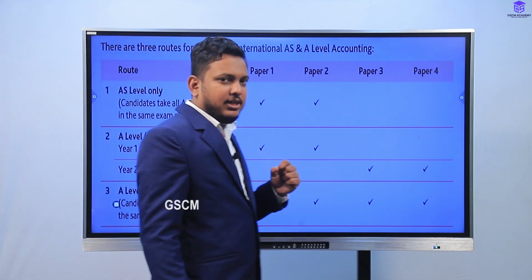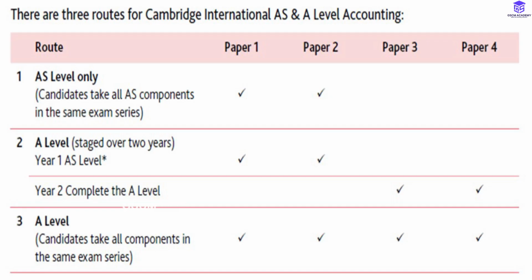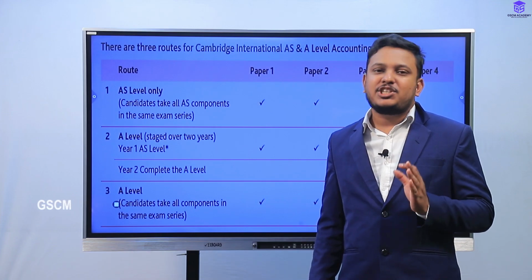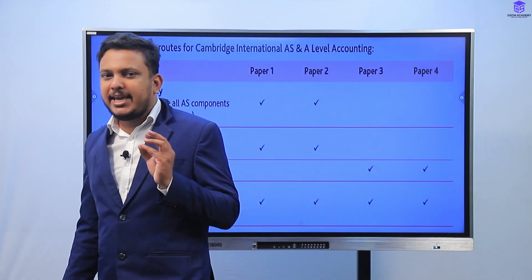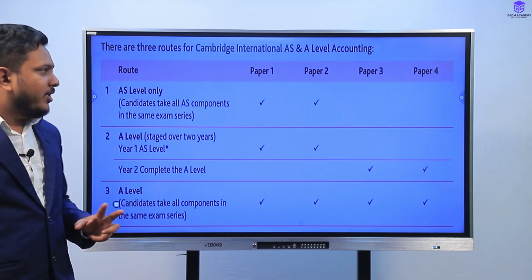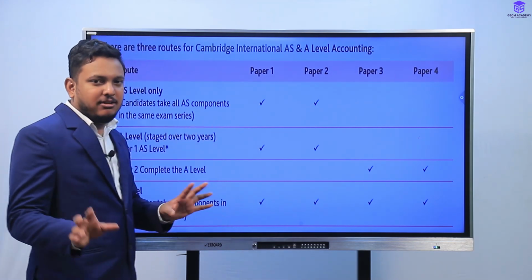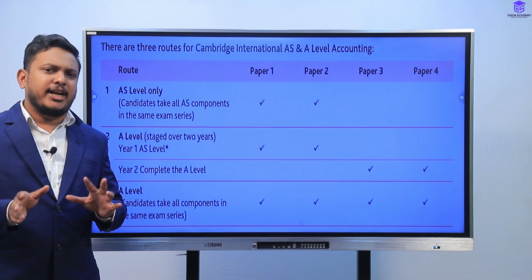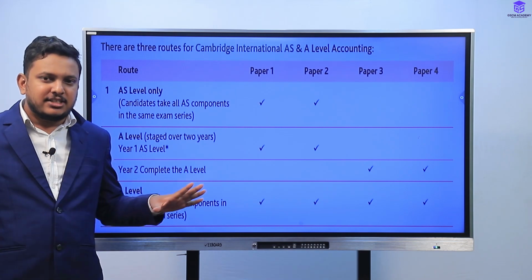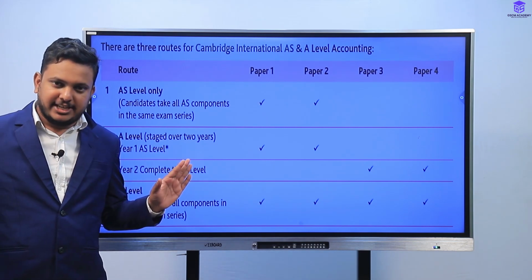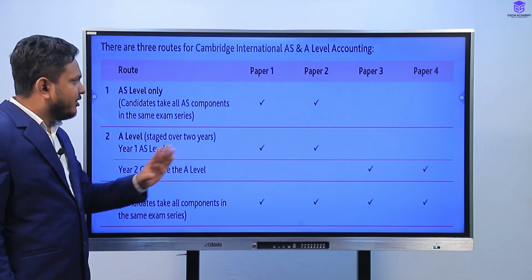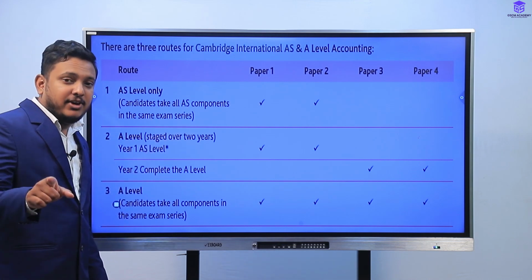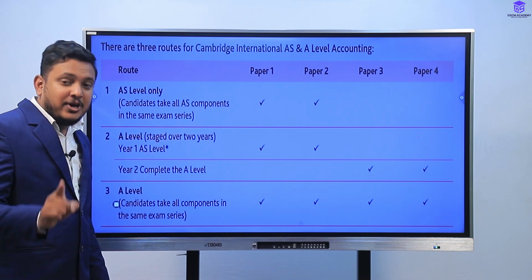Here I'm going to explain how you can approach these examinations. If you want to get only the AS qualification, the AS certificate, you have to face only paper 1 and paper 2. Once you are done with paper 1 and paper 2, you will get the AS certificate very easily. But if you want to get the Advanced level certificate,